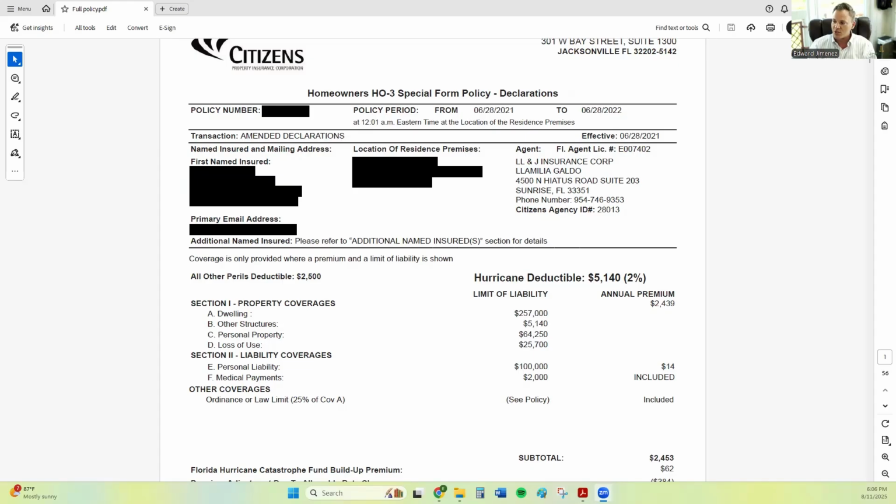So I've decided to use a basic Citizens Property Insurance Corporation residential policy. This may be the most ubiquitous insurance policy in the state of Florida because Citizens is one of the larger insurance companies. So this is a good place to look, and maybe this applies to a lot of you watching